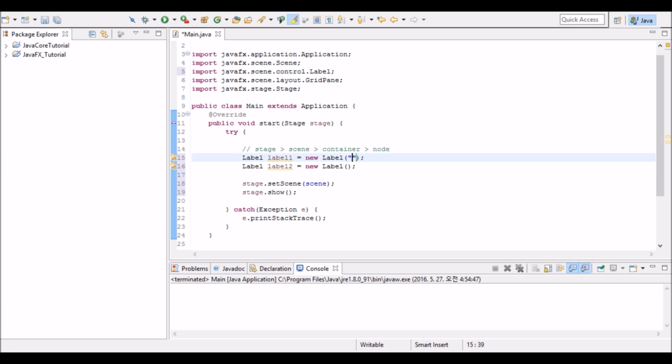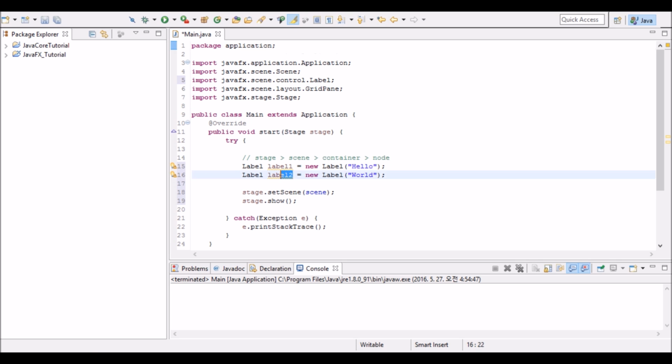So we can just put a string into the constructor. So I'm gonna write hello and world. That means the text for label1 would be hello, and label2's text would be world.